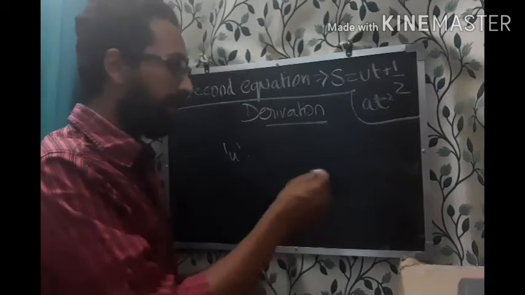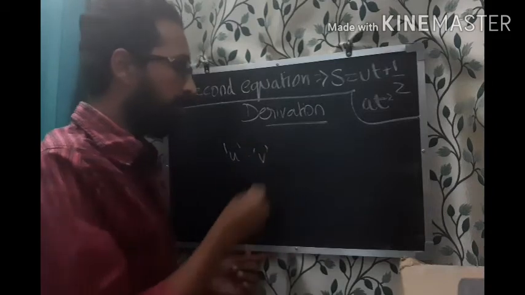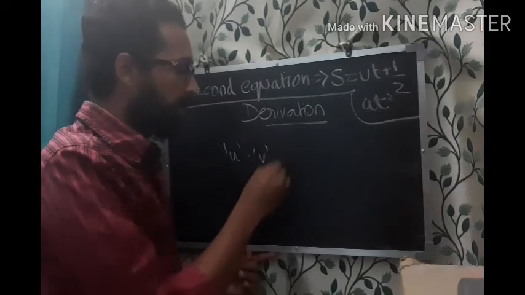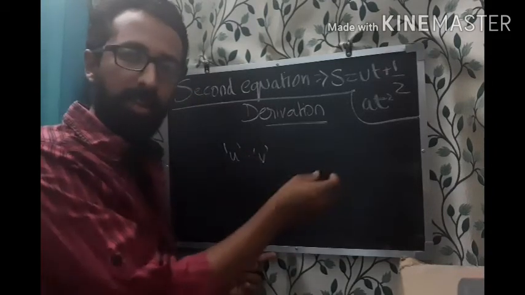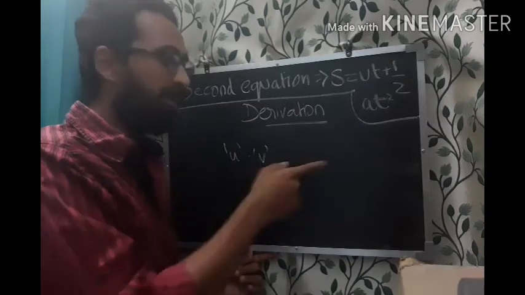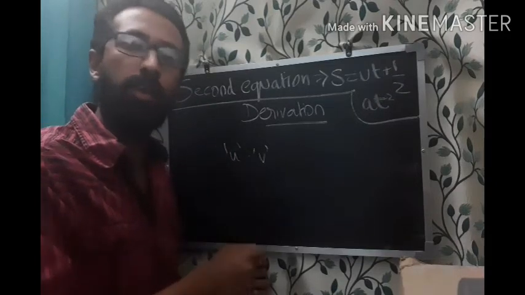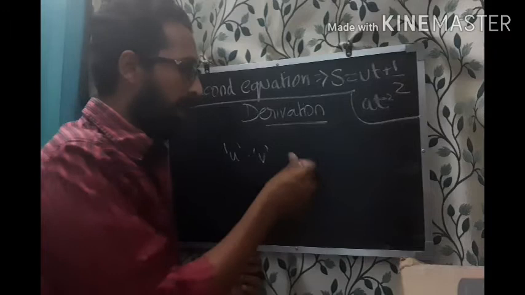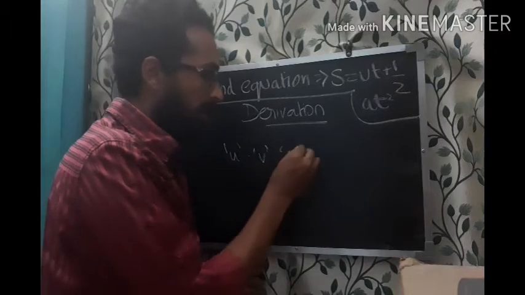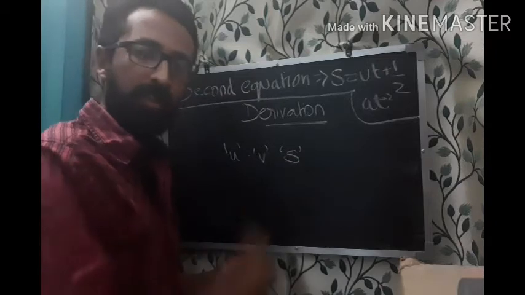So the final velocity will be v. Now the extra addition is this same line we had written for the first equation also. The extra addition, that will be the body is moving for a distance of s. The body is moving for a distance s,